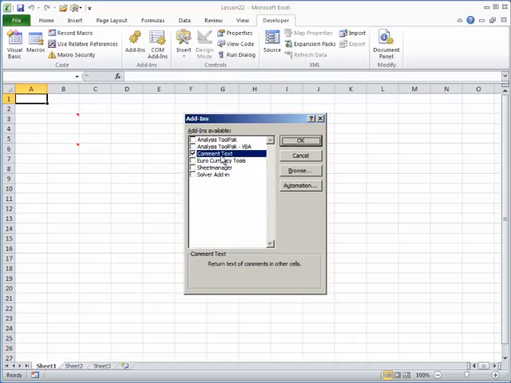Now see what it has? It has a little space there, and this return text of comments in other cells, this is the product of what you placed into the properties window when you first started to assemble and design this add-in file. So here it is that you now have loaded onto your computer. You can click OK,